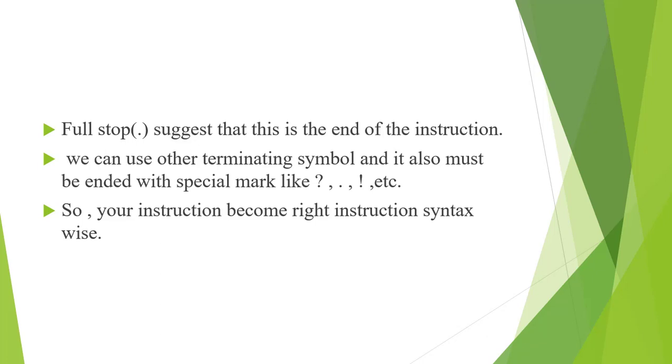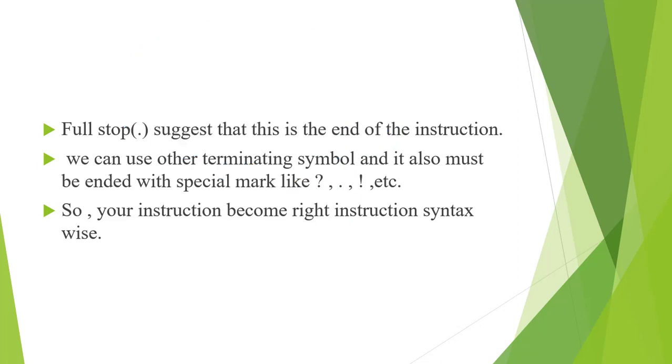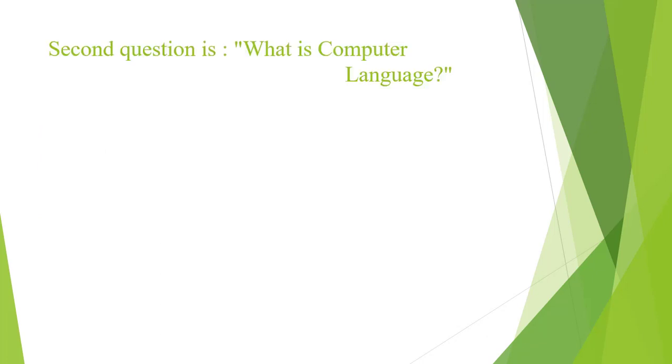Like if we take an example, "I am good" with the full stop. The full stop simply says it is correct syntax-wise. You cannot use a question mark or exclamation point there, right? And grammatically simply means you have placed "I," then "am," and then "good" in the correct order. The second basic question that every programmer should understand, and of course we should answer for sure: